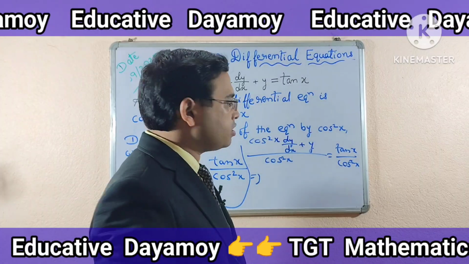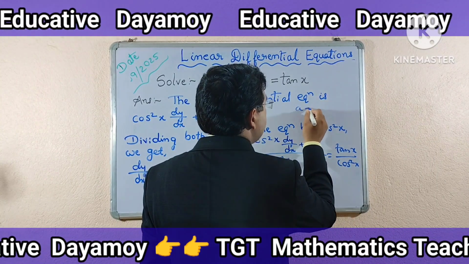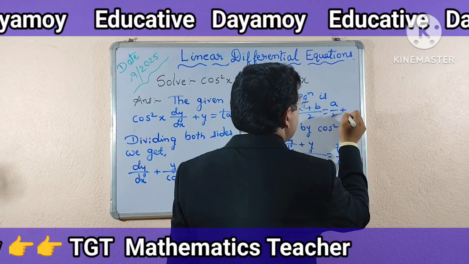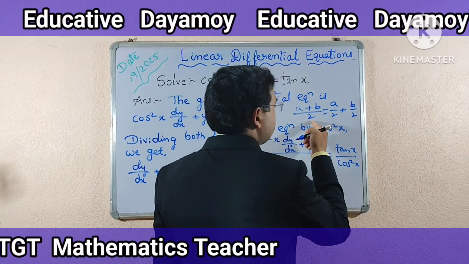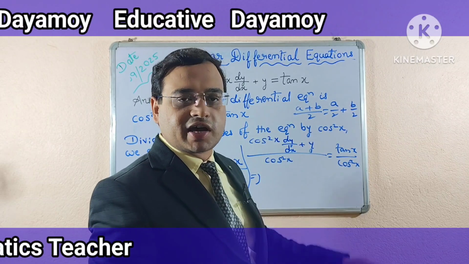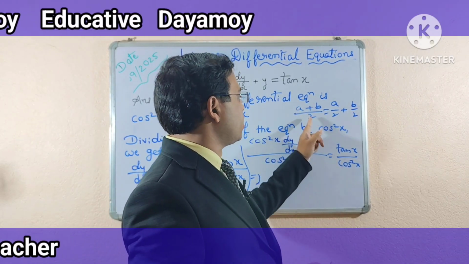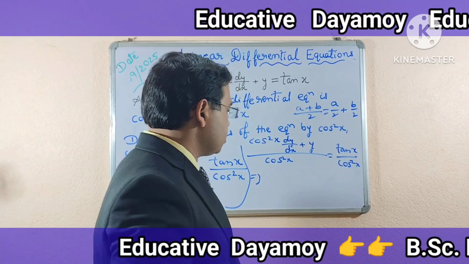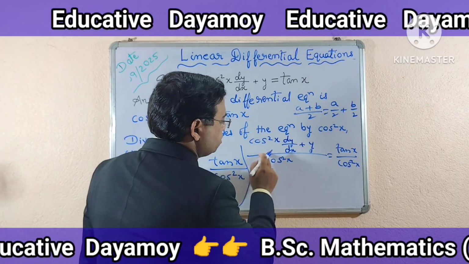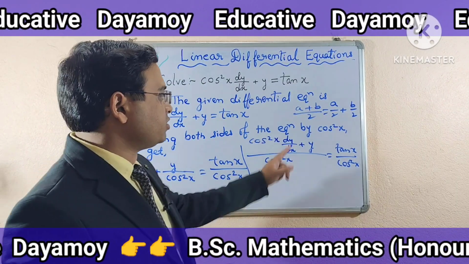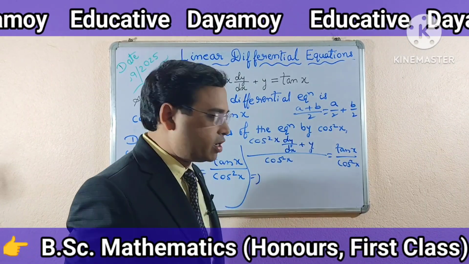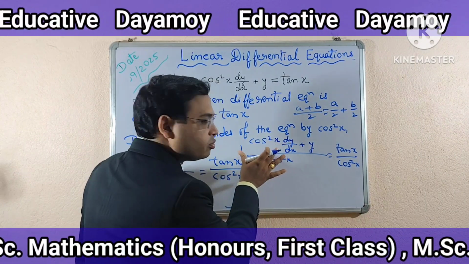Now just remember this. A plus b by 2, what does it become? A by 2 plus b by 2. Here it's not necessary that 2 will be there. In place of 2, any number can be there. It just becomes a by 2 plus b by 2. Similarly, consider this as a plus b by 2. Consider it as 2, just for understanding. In place of 2, you can take any number here. Okay. Now see.